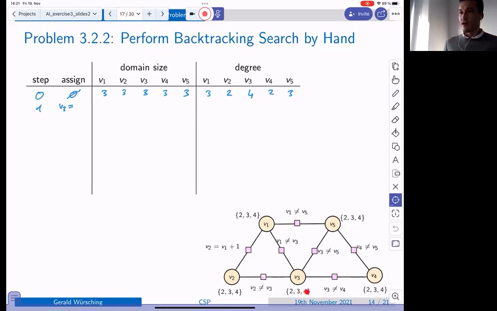Least constraining value means that we choose the value which rules out the fewest values for the neighboring variables. If we take a look exactly, it doesn't make a difference which value we choose. In any case, we will rule out the same number of values for each of the neighboring variables. If we choose 2, we rule out 1, 2, 3, 4. If we choose 3, we rule out 1, 2, 3, 4. And with 4, we also rule out 1, 2, 3, 4 values for the neighboring variables. So we have a tie again.